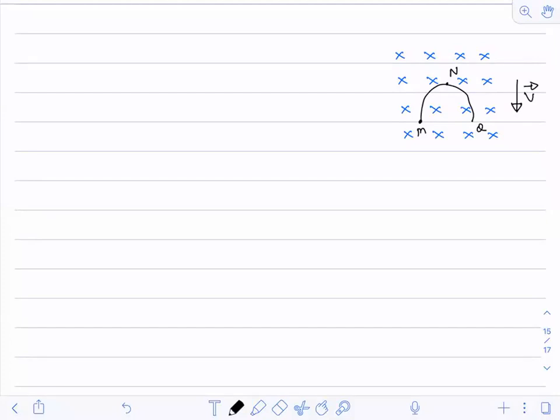Now we have to find out the induced EMF. So I guess this is the third question. Two questions we have done previously. One question is this. Third question. So induced EMF will be what?